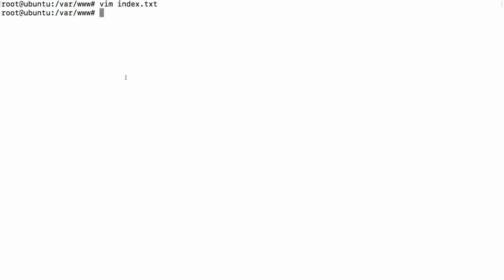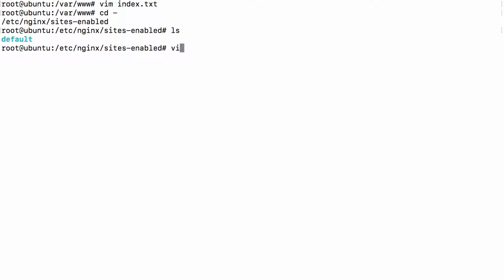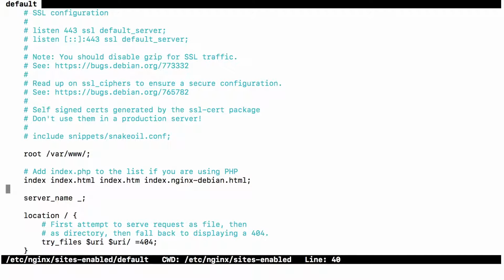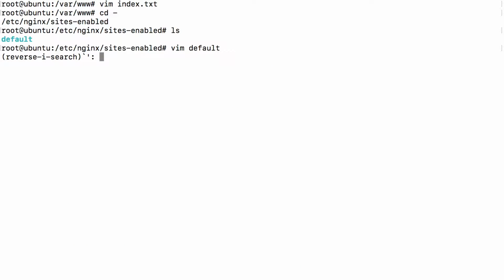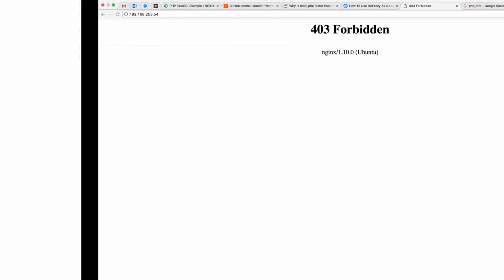What we want to do is go back over to our configuration, and we want to add an index file to this directive. We could just say index.txt, text, restart, and go over here,